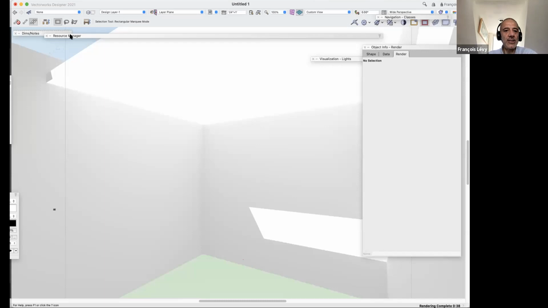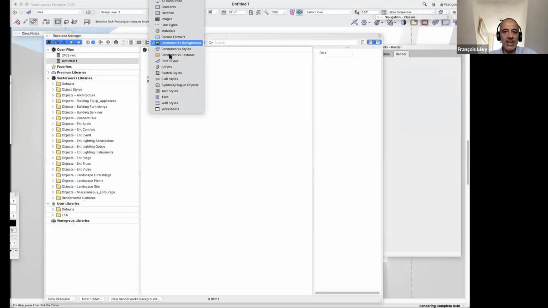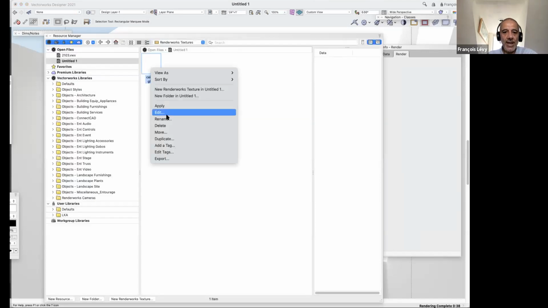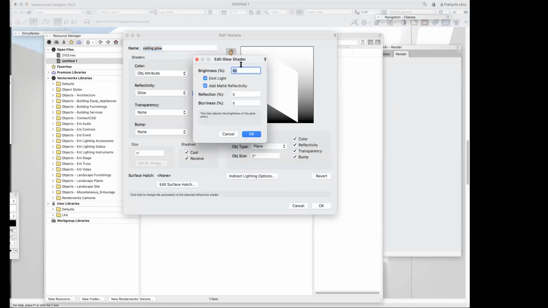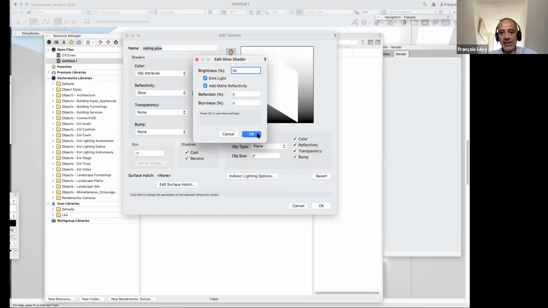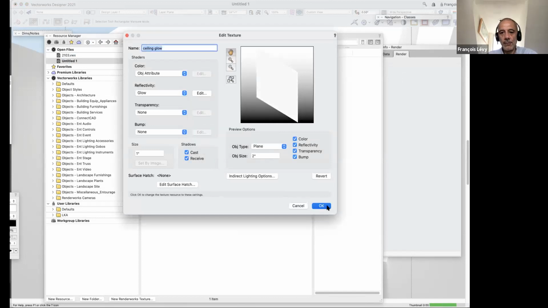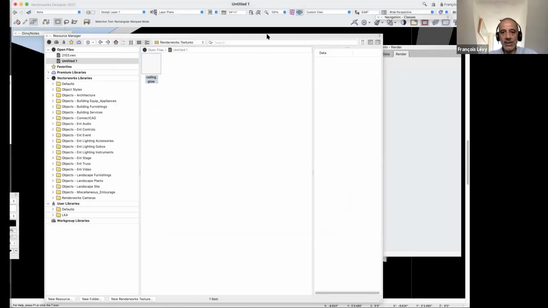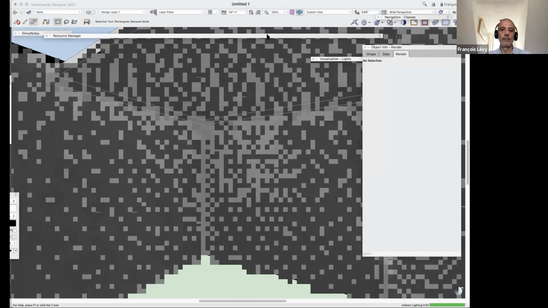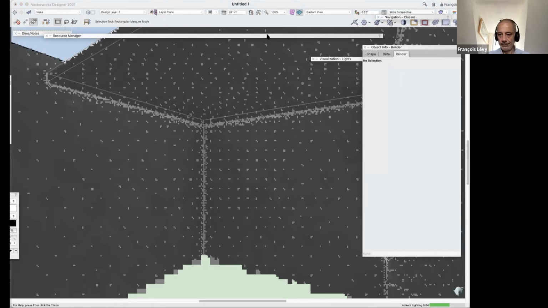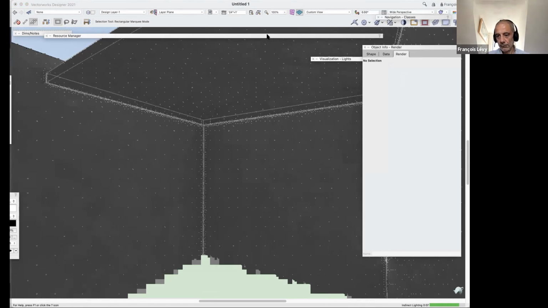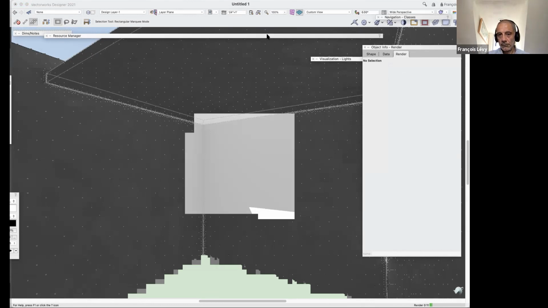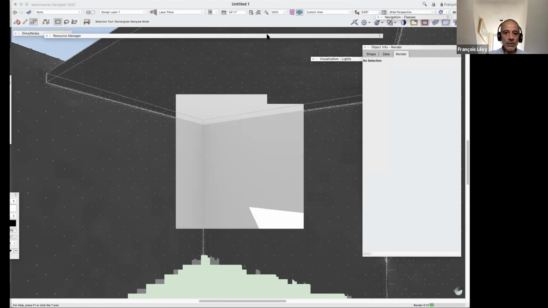So I can demonstrate this by going back to my RenderWorks textures and editing the ceiling glow and dialing it down from 85 to 50, for example. And then that'll cause it to re-render. Now it's closer to the walls,